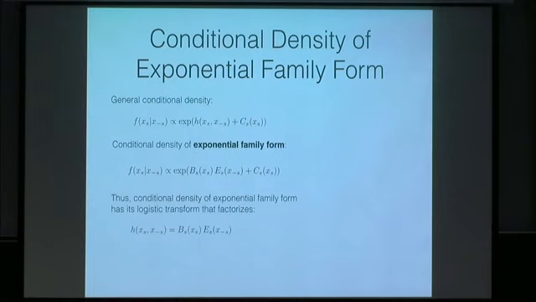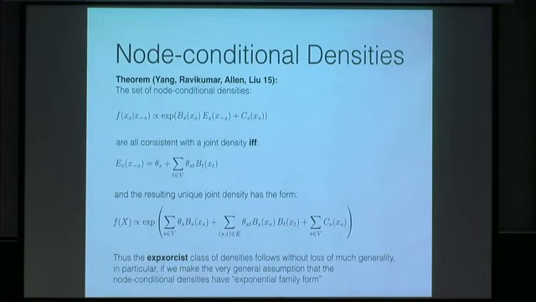This is what I call the conditional density of exponential family form, just this factorization assumption. And what you can again show is that if my node conditional densities have an exponential family form, by which I mean the logistic transform factors into a function of that variable and an arbitrary function of the rest of the variables, and I allow you complete freedom in specifying both of these functions, and then I ask, is there a consistent joint density after you have specified your